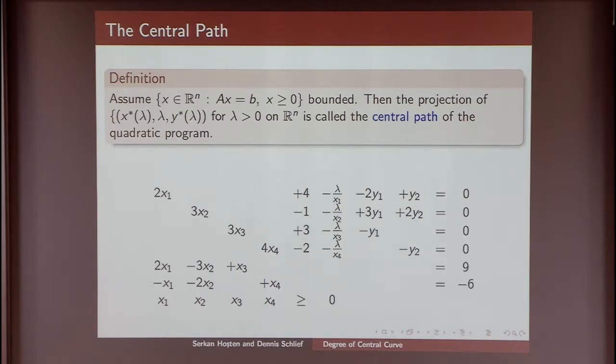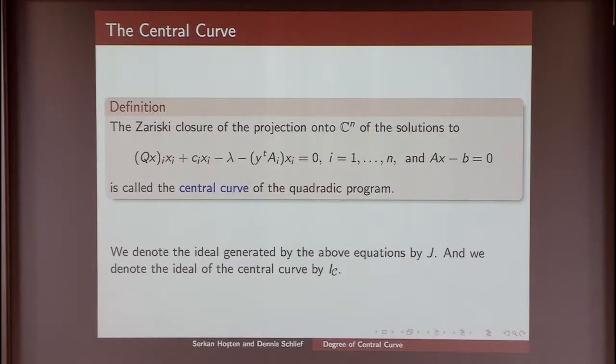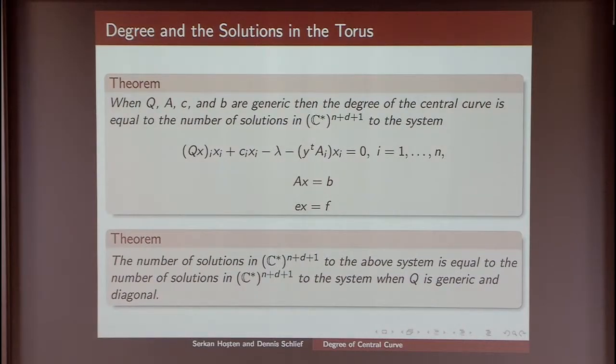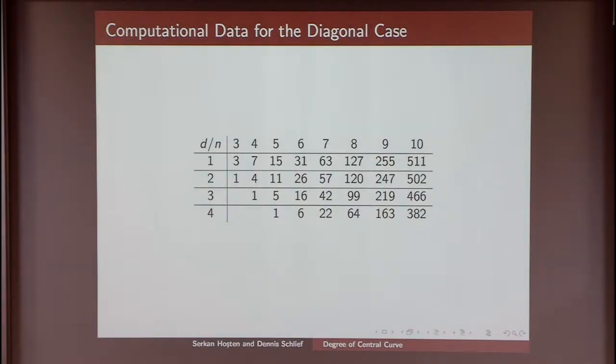So the reason the number of solutions doesn't change when I move to the diagonal case is that I can have a homotopy from the general case to the diagonal case, and I don't lose solutions when I do the homotopy. So this is very useful. If I want to compute the numbers, I can only use examples where the matrix is diagonal, and that makes the